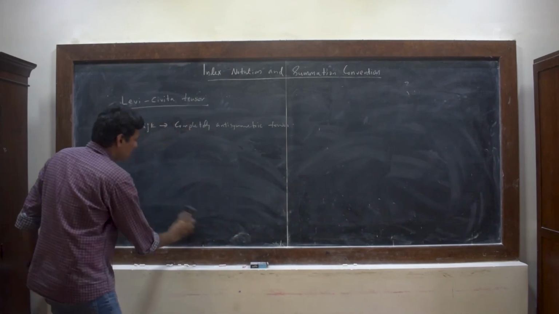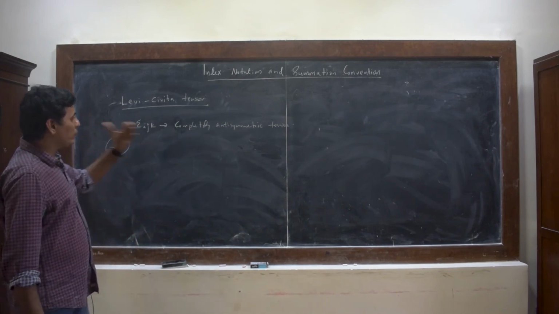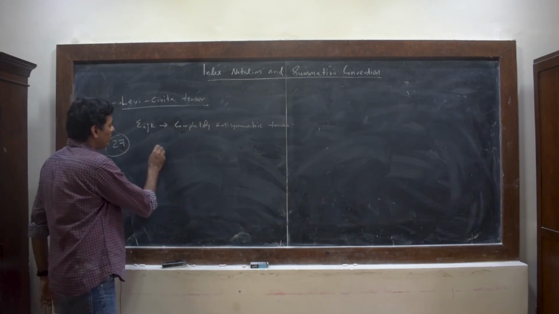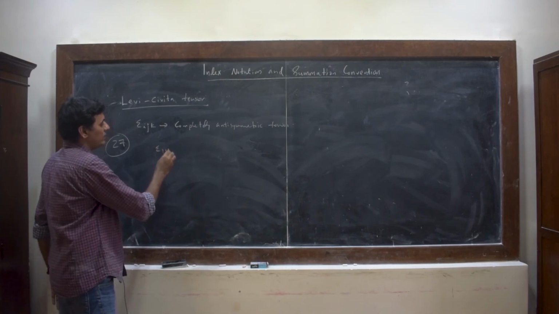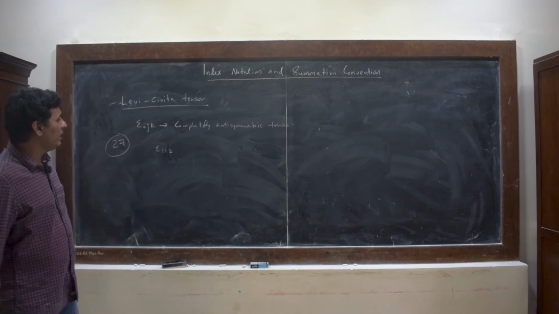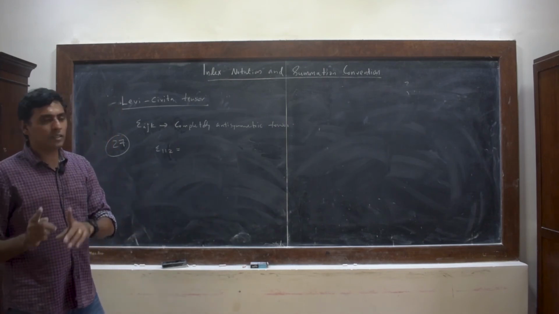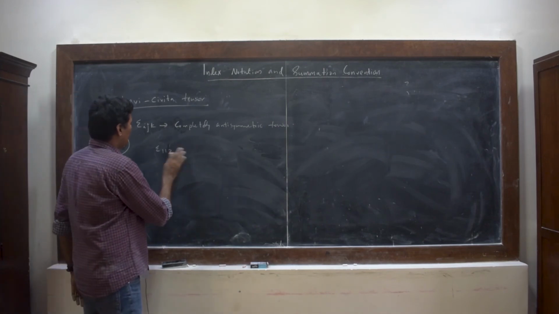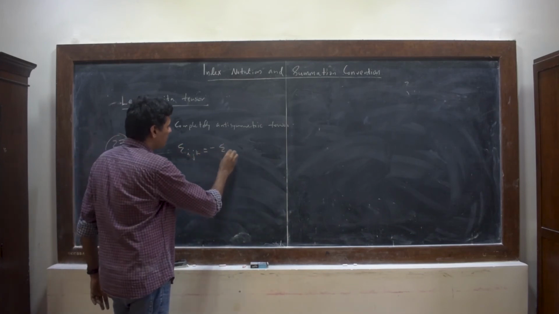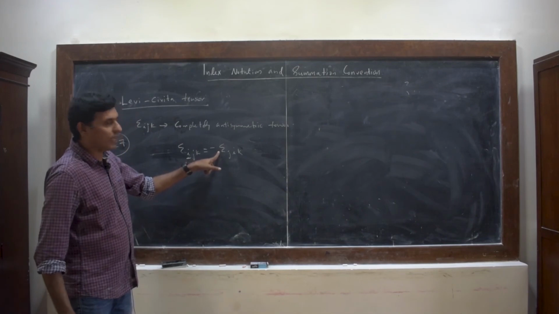Now, so you have altogether 27 elements to begin with, and now I am imposing the constraint that this is completely antisymmetric. Completely antisymmetric means, suppose you take epsilon 1 1 2, it is a particular element, right. What is this quantity? But I told you, if I exchange any two indices, then there will be a negative sign. So it means that epsilon ijk will be equal to minus epsilon jik, that means I exchange i and j. So then there will be a negative sign, that is what it means.